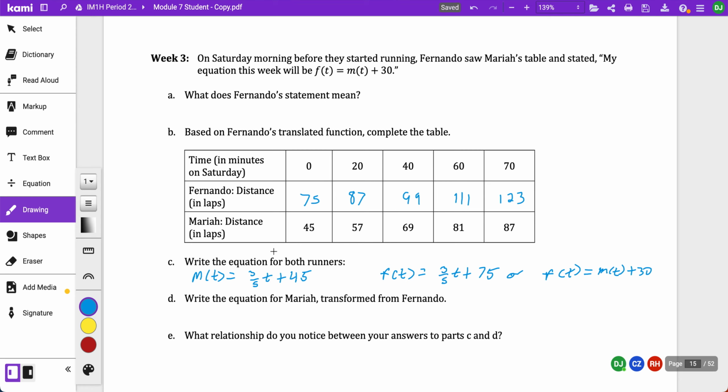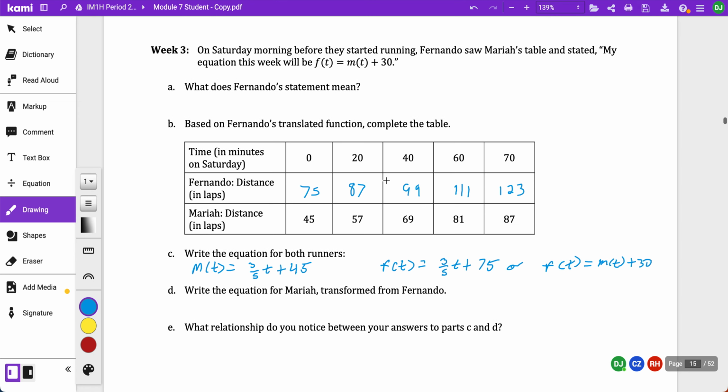So let's go ahead then and look at this. So over here then it says, sorry, I keep messing up on my question over here. I'm just double checking something. So write the equation